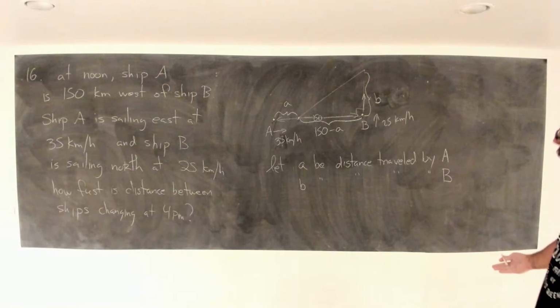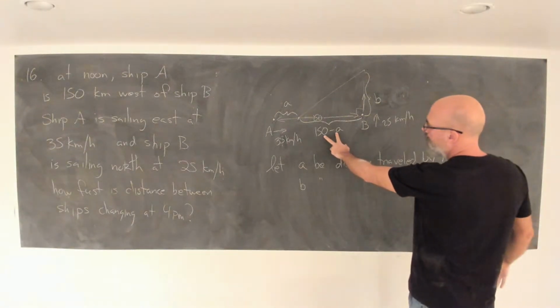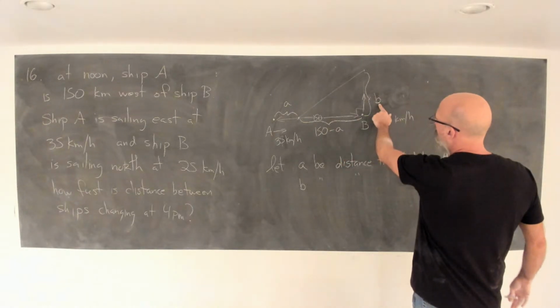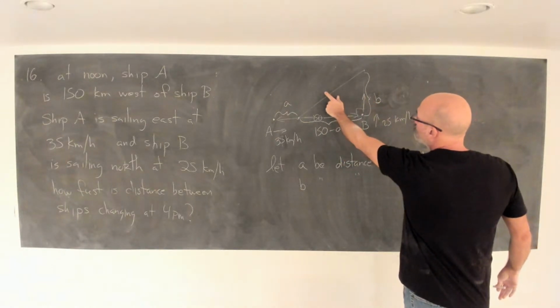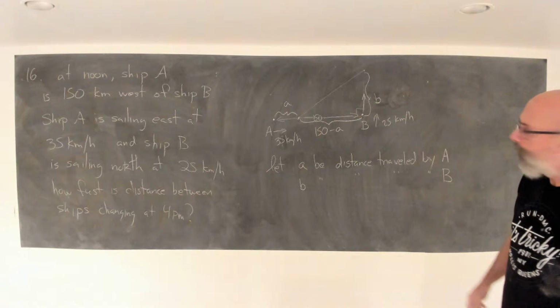And now you have a right angle triangle with sides 150 minus a and b. So by the Pythagorean theorem,